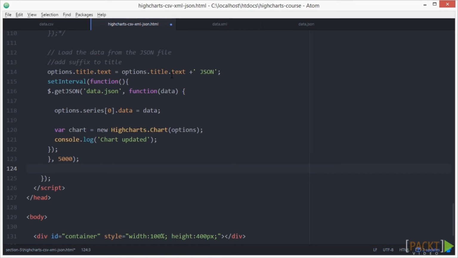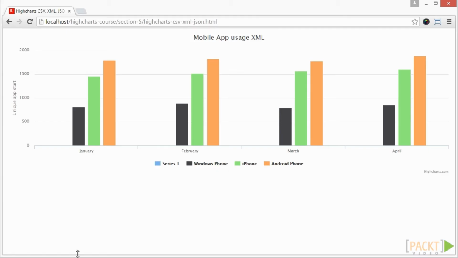We are using jQuery's getJSON method to load our data. Next, we assign the loaded JSON array to our dataset of the options series. And then we add our JSON suffix to the title text. And finally, we create a new Highcharts chart with our options and save our work. If we need to automatically update our chart from this source every 5 seconds, we can set the setInterval method to our AJAX request. If we switch to the browser and reload,